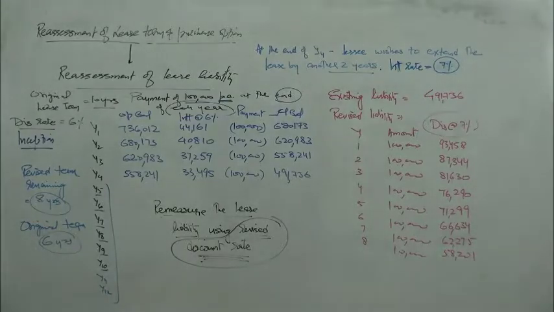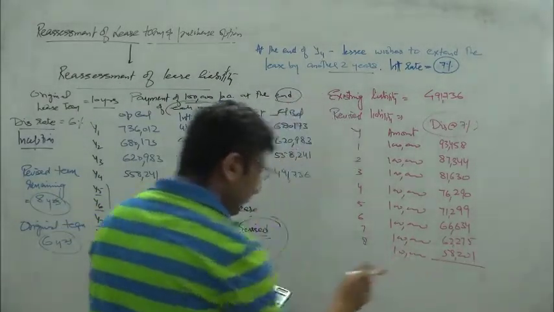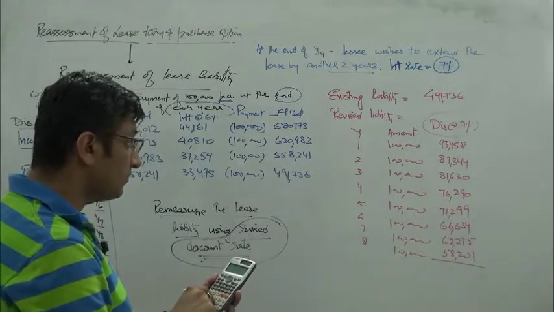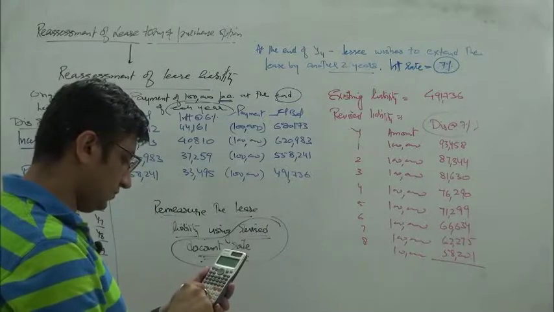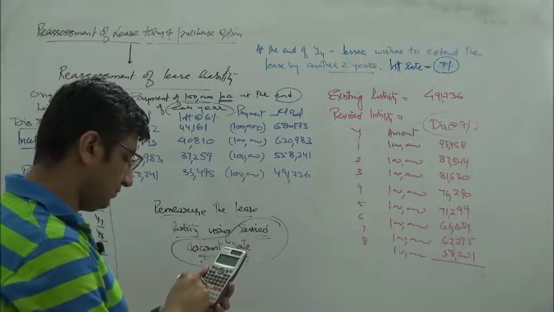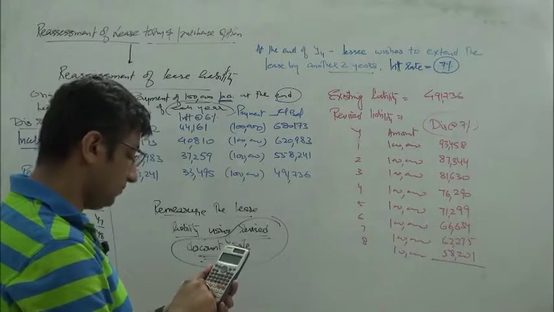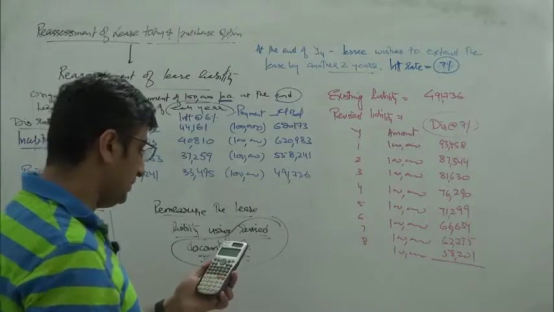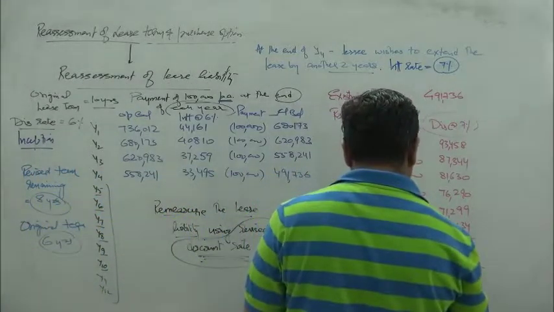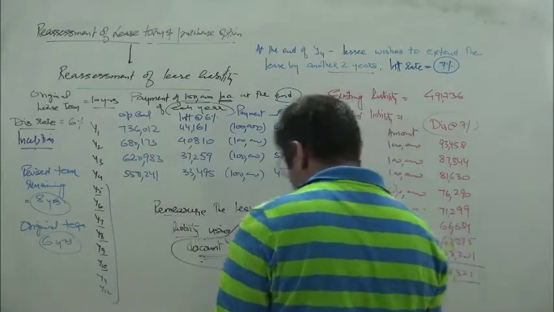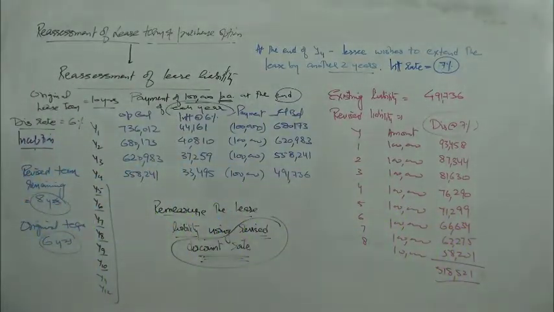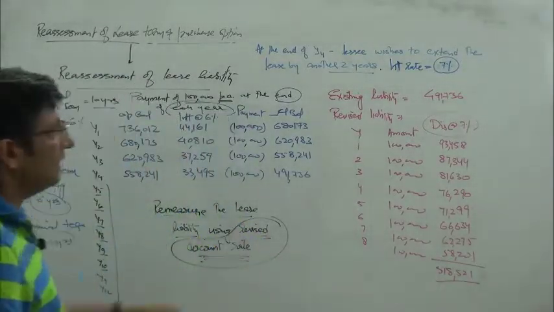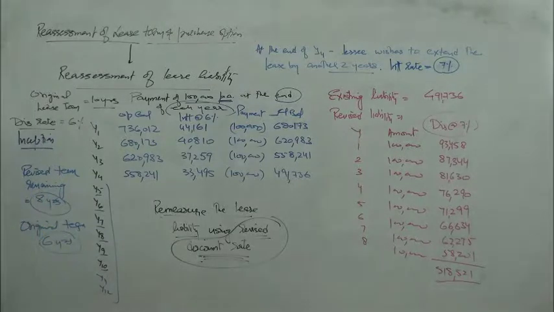So when I do the additions of all these numbers, very quickly I have this stands at 518521. Okay, so when I've got this amount in front of me, 518521, and my existing liability is 491736,